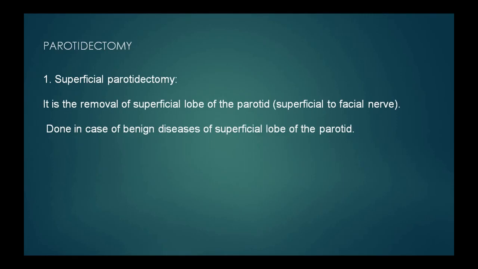Now there are different types of parotidectomy: superficial parotidectomy, total conservative parotidectomy, radical parotidectomy. As you know, superficial parotidectomy and total conservative parotidectomy are done for benign conditions of the parotid gland. So superficial parotidectomy is the removal of the superficial lobe of the parotid, which is lying superficial to the facial nerve. It is done in case of benign disease of the gland, which is superficial, involving the superficial lobe of